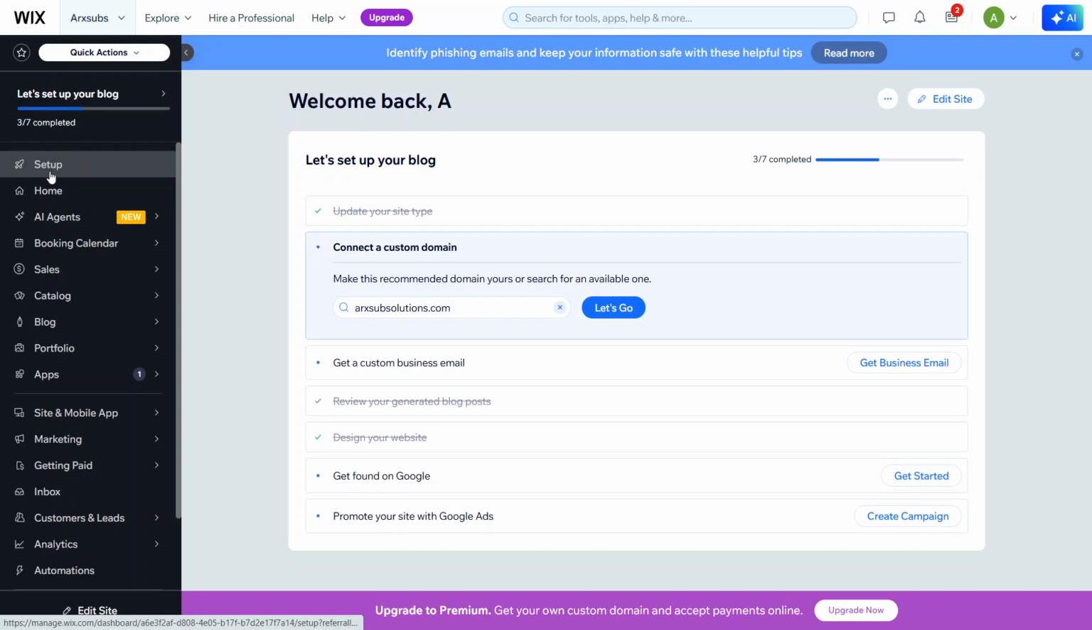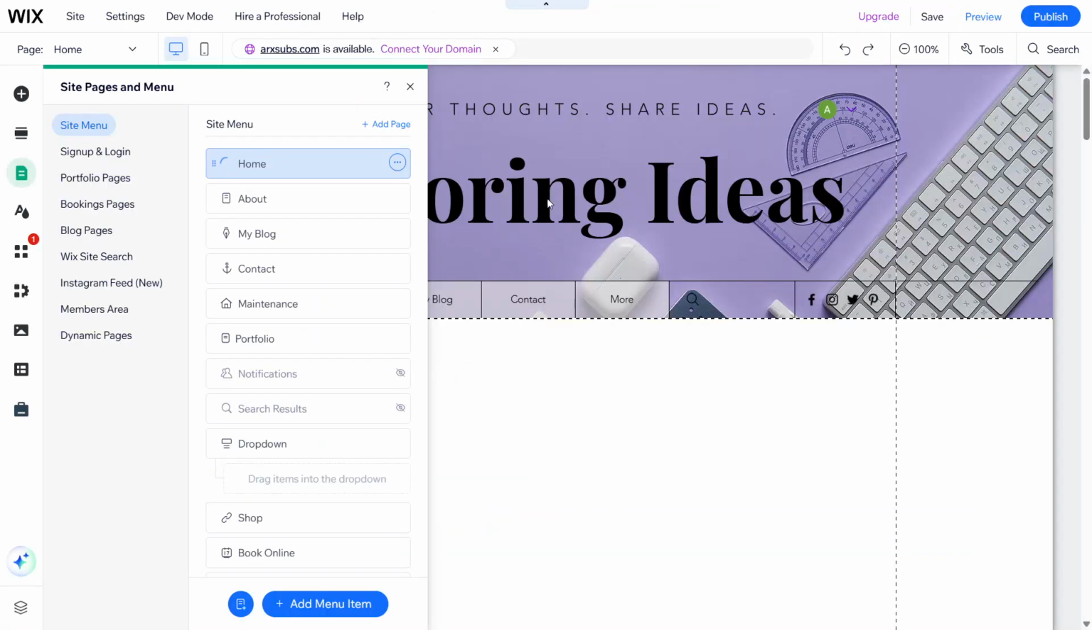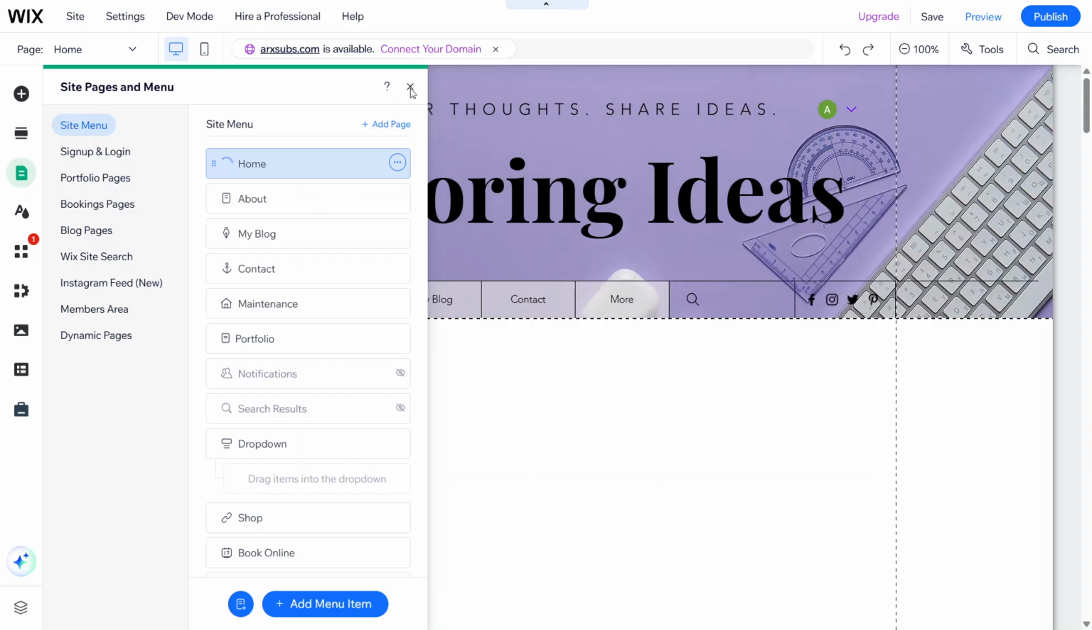Under the setup area, move your eyes to the top right side of the screen. There, you should see a button that says Edit Site. Click that, and Wix will open your site editor in a new page or tab. Give it a moment to load, and then you'll be inside the Wix editor, where you can see your website